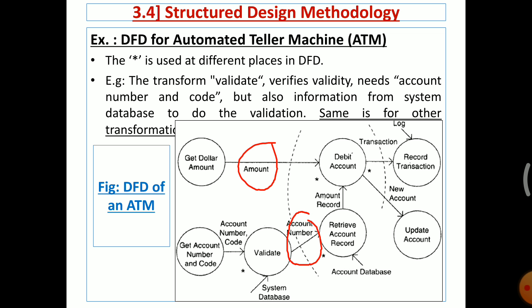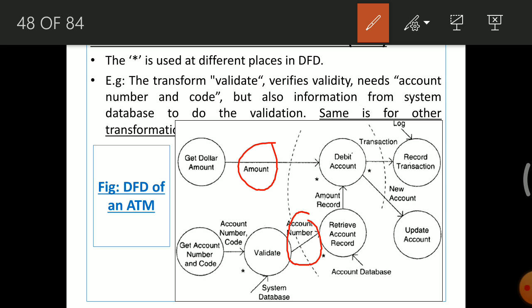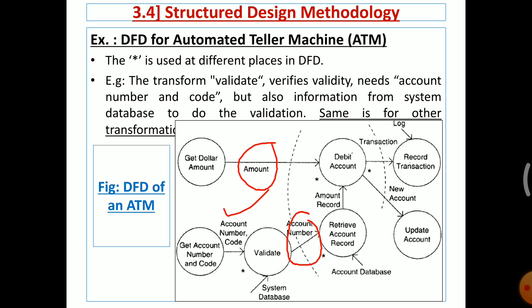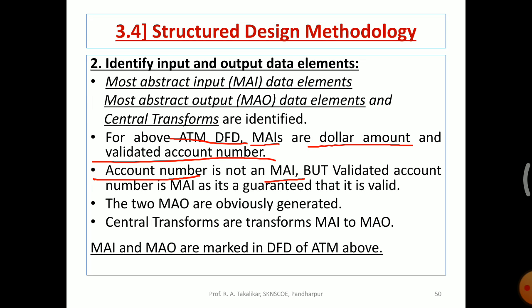Where is the account number? This account number cannot be considered as MAI because it can be a valid or invalid account number, so it cannot be considered as most abstract input. Fine. So validated account number will be the most abstract input, and the two MAOs in the example are obviously